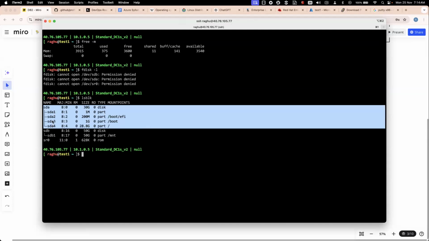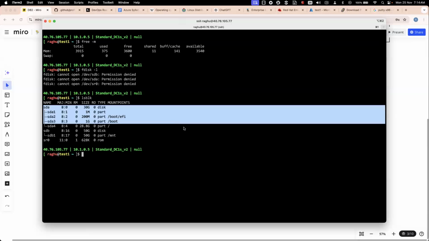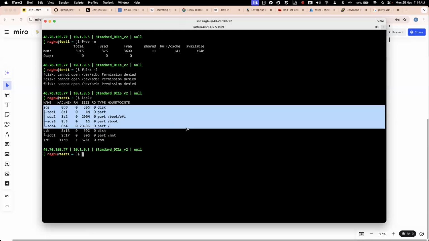Okay, it has some 4 partitions at all. This also we'll see a bit later. In the disk explanation, I'll give you in the Linux basics. Now you've just got an understanding, and also you have